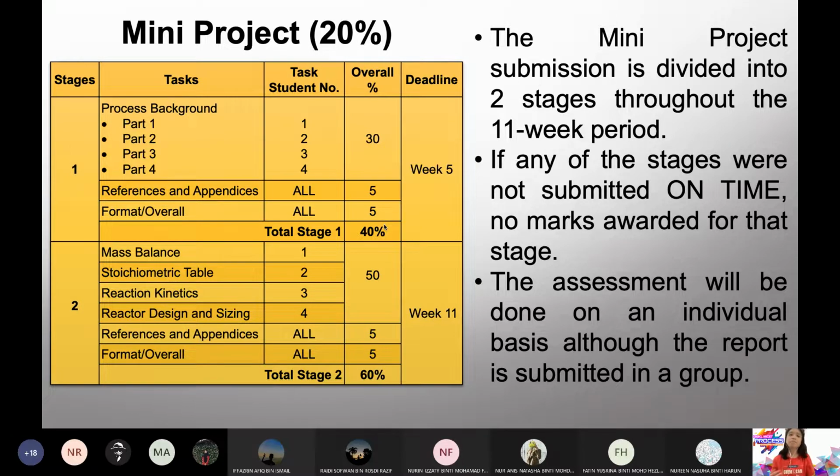So why is this done? This is what we talk about, treating you guys like adults. Later when you go to work, it's the same. Your boss will give you a certain deadline and if you are unable to follow it, you have to inform your boss. The concept is the same, so I'm applying the same concept. Okay. You may be allowed, but you have to ask for permission first.